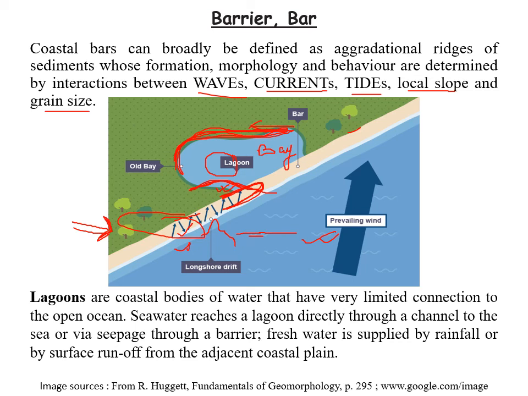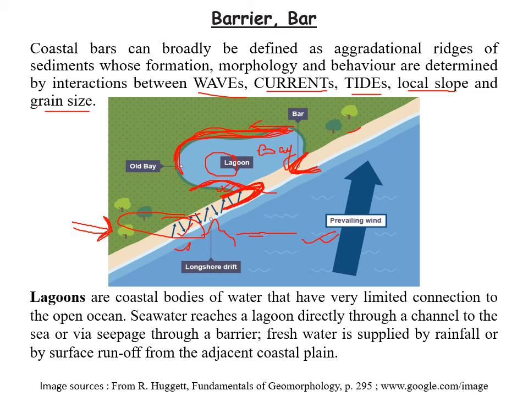So spits are forming, often called paired spits, that form from both sides of the bay, and with time these spits start increasing their size, and after some time these spits merge with each other and form these kinds of narrow strips or